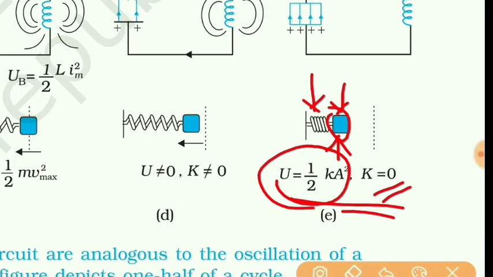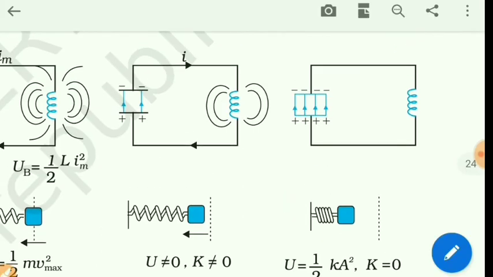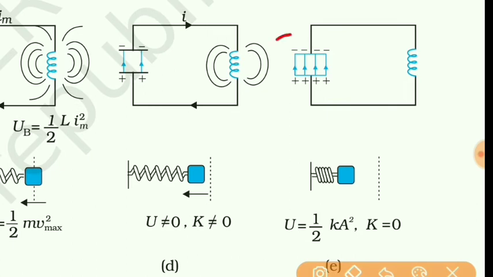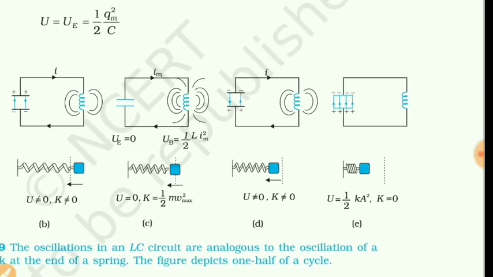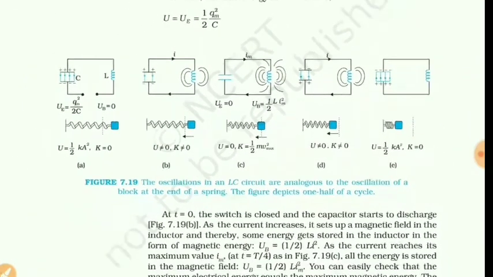Now this process will go on continuing, and in this way the charge on the two plates of the capacitor will oscillate, plus minus, then minus plus, in that way. So I hope students you understood how the charging and discharging of capacitor takes place and the LC oscillations are obtained in an LC circuit.